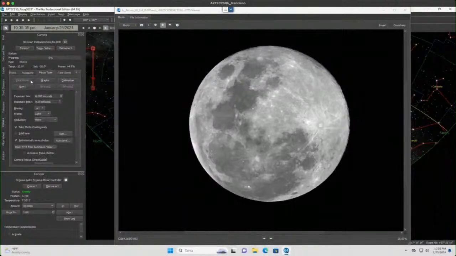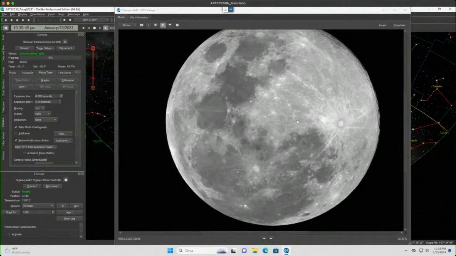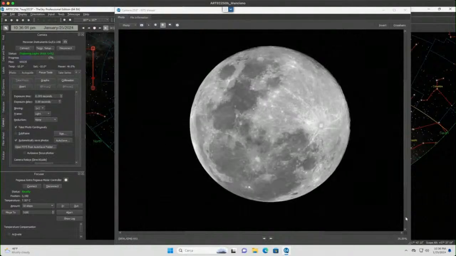Let me take a few more images live. Sorry, because we were stopped. So we are taking images back to back, and you can really enjoy the darker regions of our satellite. They are the so-called Maria, basaltic regions, and there are many craters, but the full moon is not the best phase to enjoy those typical features of the moon, the craters, because the light as seen from the Earth is